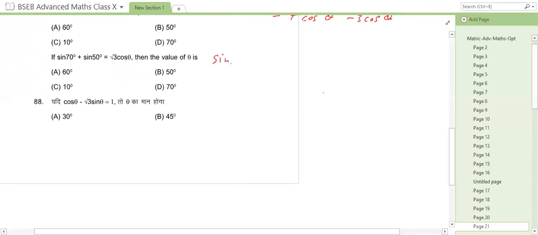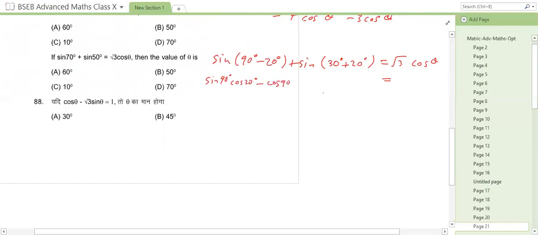Sine of 90 degrees minus 20 degrees plus sine of 30 degrees plus 20 degrees is equal to root 3 cos theta. By simplifying the sine of 90, you can get sine 90 cos 20 minus cos 90 sine